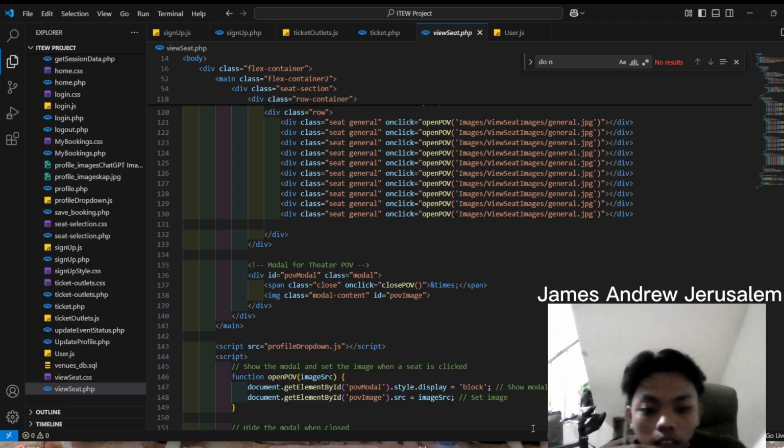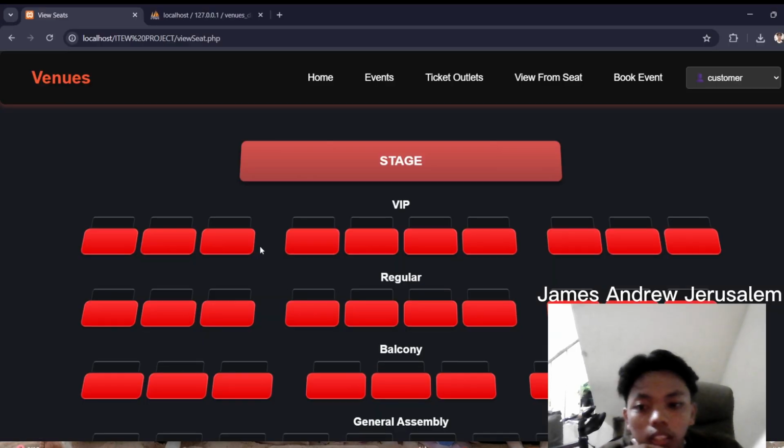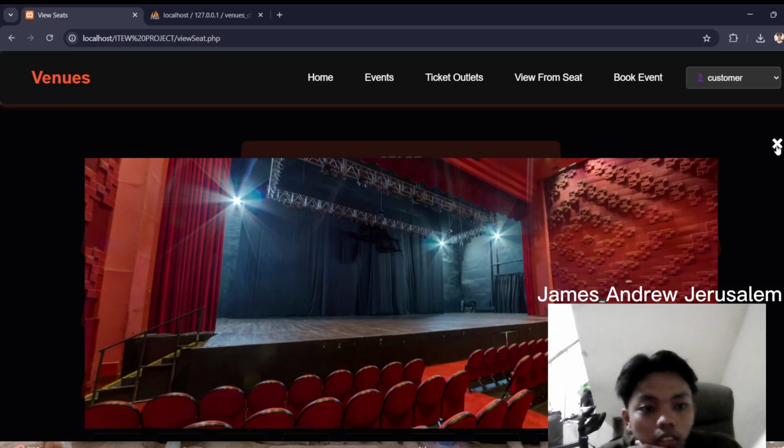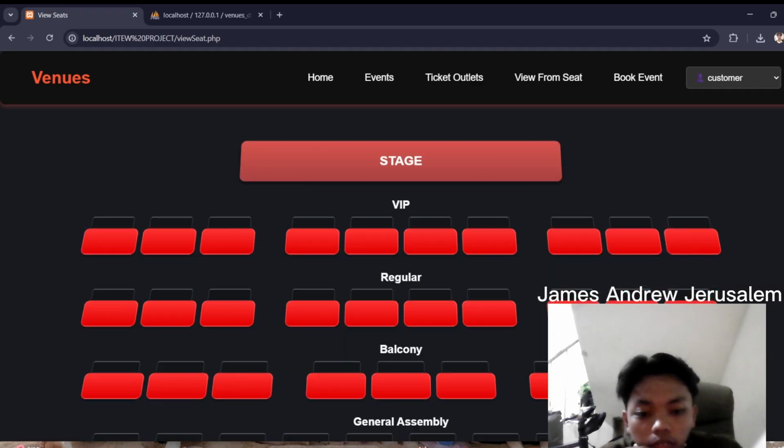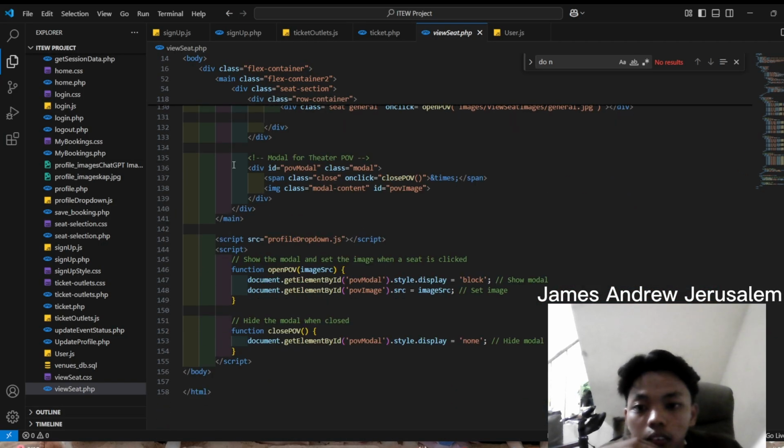You can see there is a close button here. This is how we do that. We created the div for the modal theater. If you click this button, it says here closePOV.